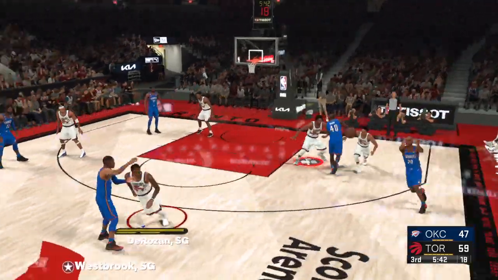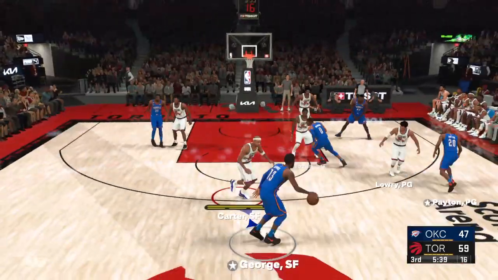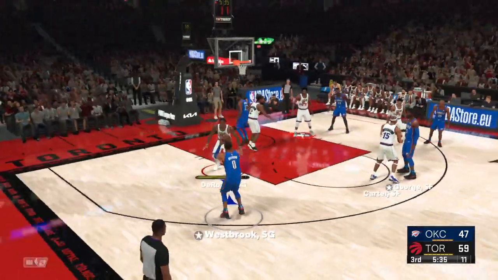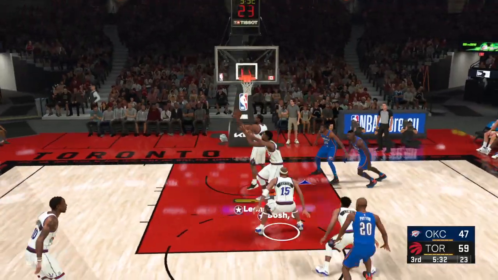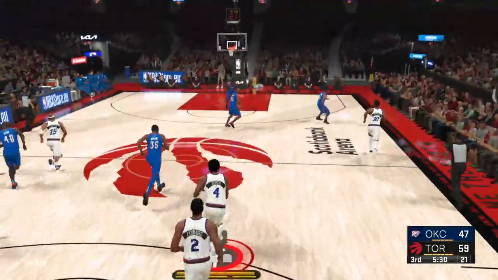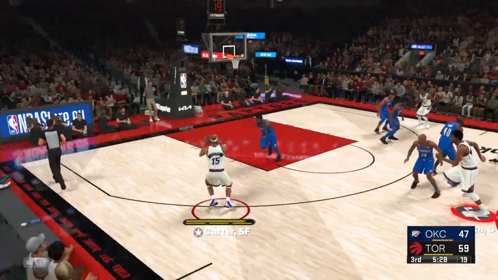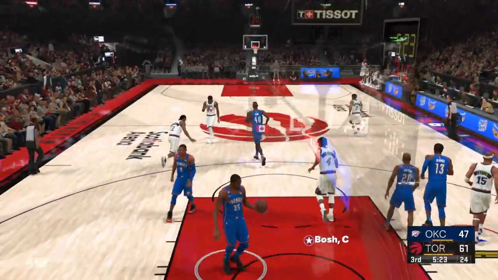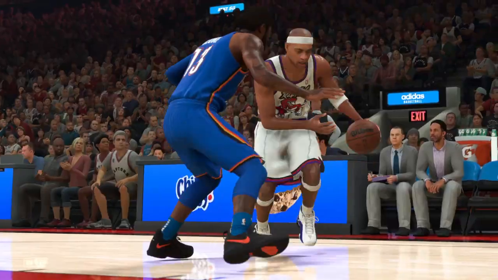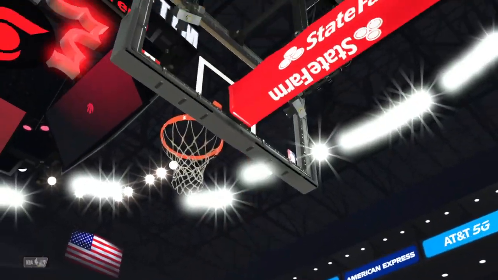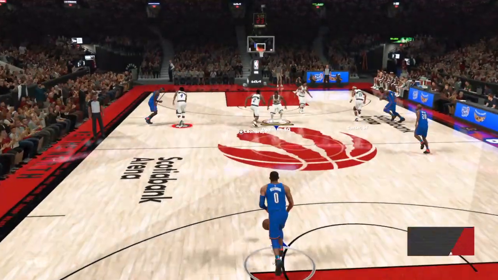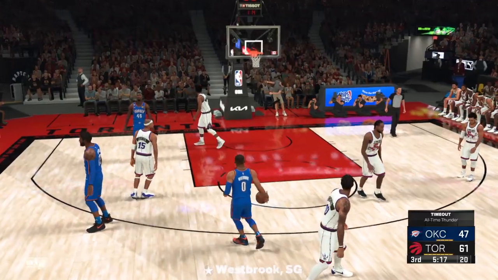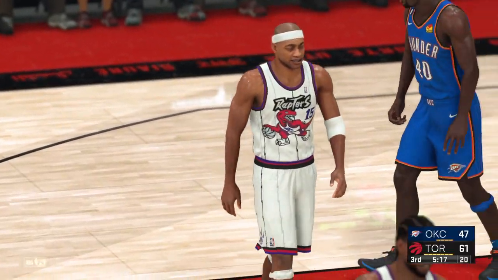Westbrook against DeRozan. George looking over the floor. Outside Westbrook. That one doesn't go. And Toronto will go the other way with it. Carter outside. Back to Bosch. It's good for the 7th time this game. He shot 7. He has made 7. An elite scorer. Bosch can be the man, a guy you go to every trip down the floor. They need a bucket in a big way here to regain some confidence.